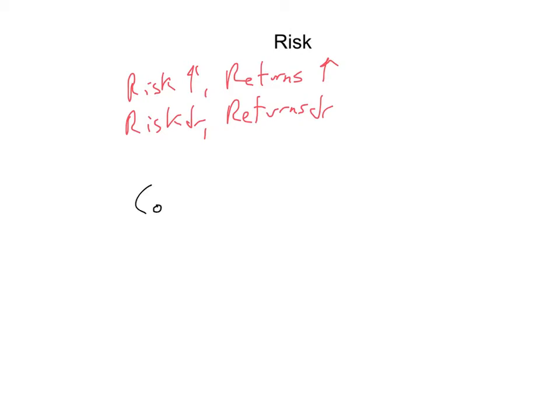Let's say you have company A and company B. Now, let's say that these two companies are going to launch some business venture, and they're trying to sell bonds in order to do so, okay, so that they can raise money to do this. Now, let's say that company A has a failure rate. Their risk of failure is 10%. And company B has a risk of failure of only 5%. And they each offer bonds that pay a 2% rate of return.